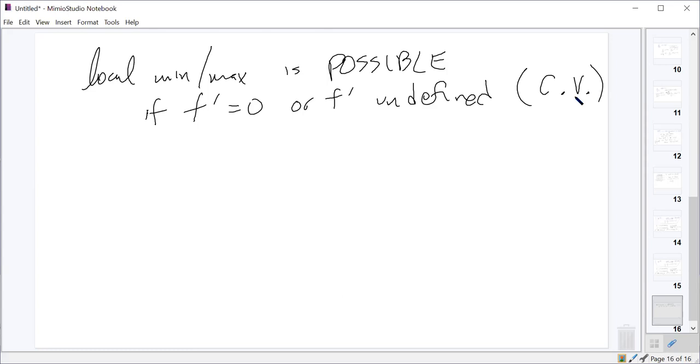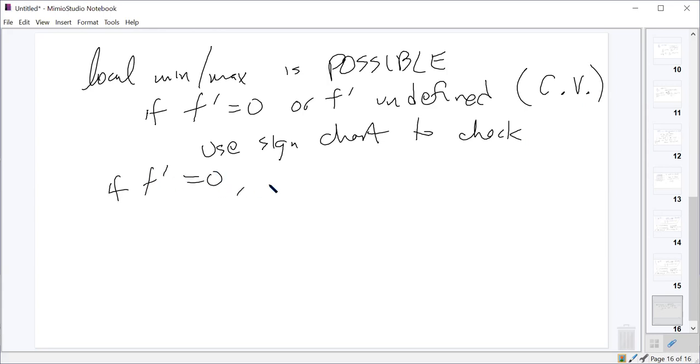But you must prove it, so use a sign chart to check. Or, if f prime is 0, you can use the second derivative test. So we'll quickly mention what the second derivative test is. The second derivative test says that if the derivative is 0 at a point,